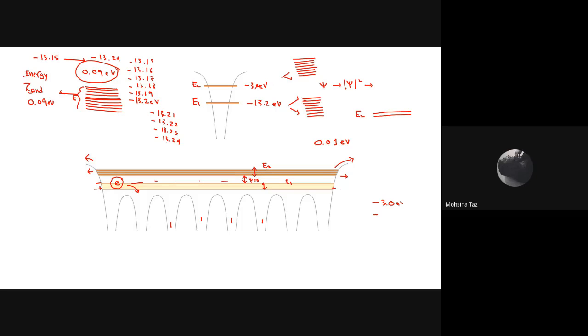-3.01, then number 3 is -3.02, number 4 is -3.03, number 5 is -3.04. And when we go upward,